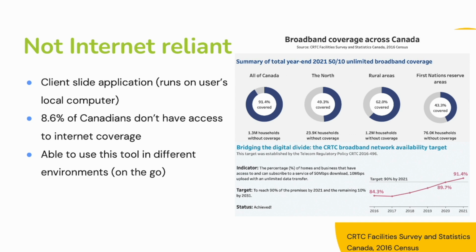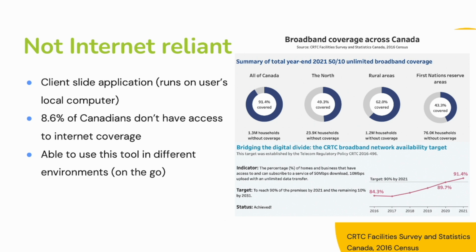So this is a huge advantage because although we think internet is stable and accessible across all Canadian households and within educational institutions, as you can see on the right hand side here, based on the 2021 broadband coverage across Canada, about 8.6% of Canadians don't have access to internet. And as you can see, this statistic increases for Canadians living in the north, rural areas, and First Nations reserves. So because this tool can be used without any internet, users are able to access the tool in various environments